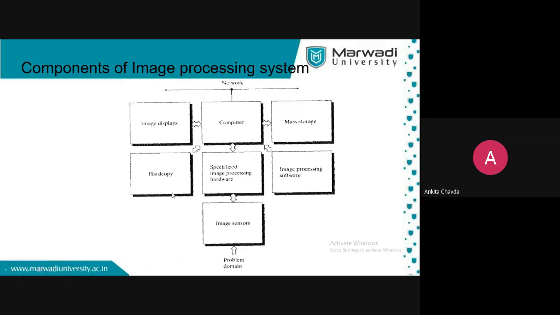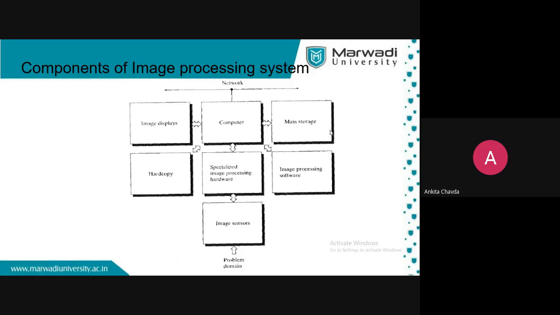Then if you want to take a hard copy, you can take image processing software, and you can enhance that image and so on. Then here is the computer. In the computer you have the mass storage where you are storing your data. This was explained a few years ago; nowadays you can even think of the cloud.